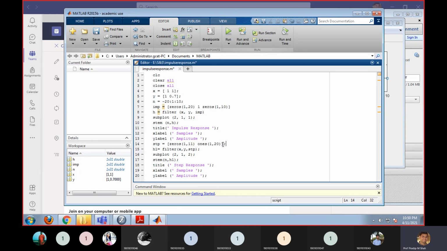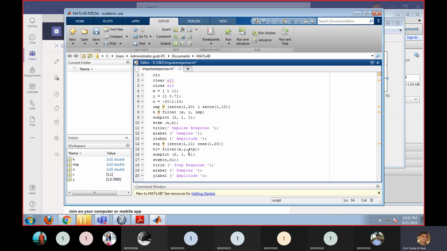If you want to see the step signal, you can just remove the semicolon, and you can see the step signal on the command prompt. So first I generate the step signal as we generated the impulse signal. Then I use the same filter, same command, same system.